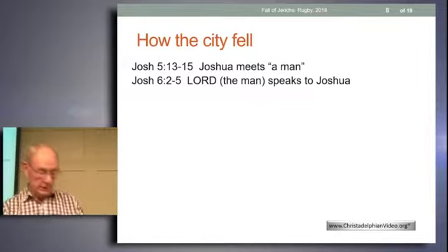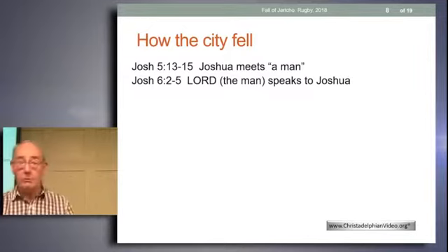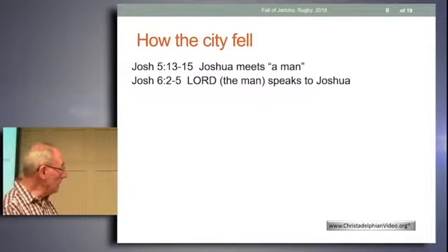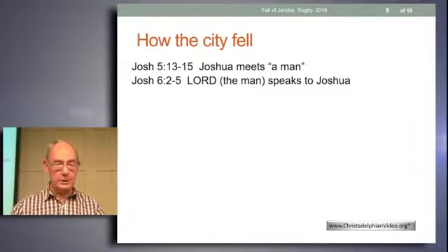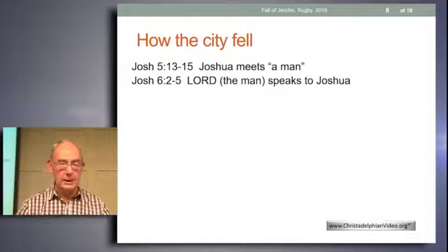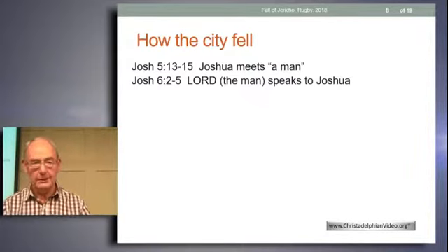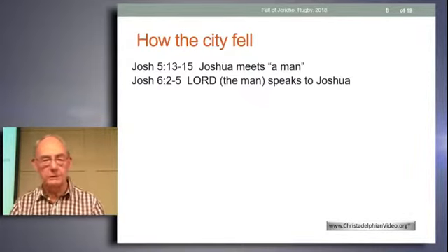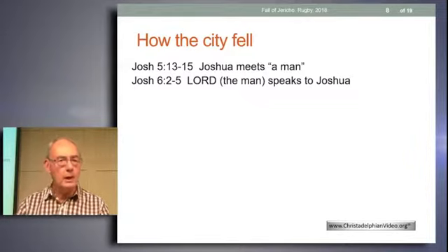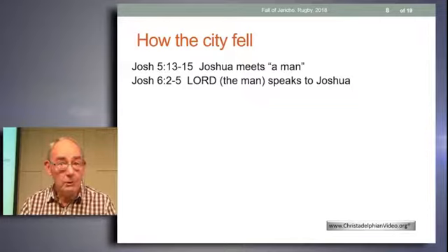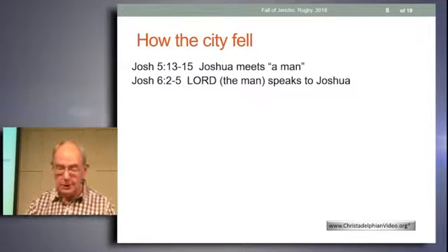So this was the sort of procession that was to go around the city. First there were to be armed men, then the priests with the trumpets, and then the priests with the ark, and then armed men behind. So that was the procession that was to go around the city. It would have been terrifying, wouldn't it, to the occupiers of Jericho to look out and see, what are they doing, because they're not making a sound. That was an important instruction to the